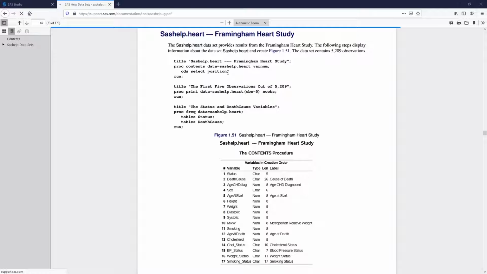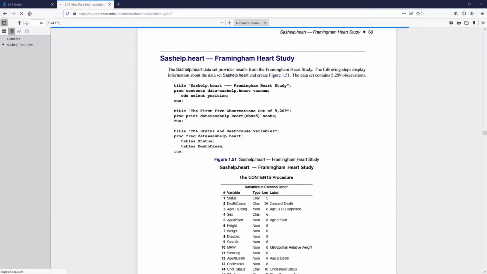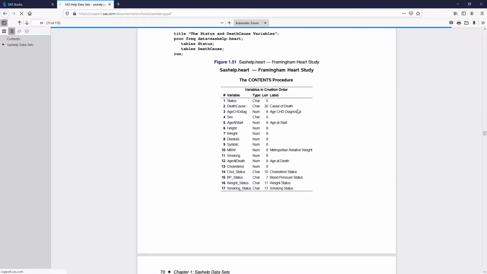Okay, so here I've simply searched the SAS documentation for sashelp.heart, and this is the heart data set. We can see that this study is called the Framingham Heart Study, and the data set contains 5,209 observations.